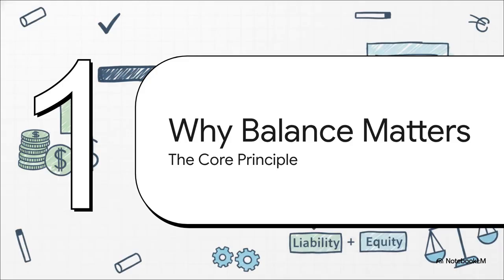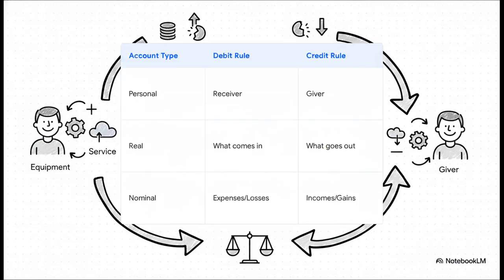Which brings us to our final section, Section 5, Why Balance Matters. Having seen the mechanics of people, physical stuff, and those invisible actions, let's zoom out a bit. Look at how elegantly all of this synthesizes together. Whether you're dealing with a person, a piece of equipment, or an invisible service, every single give in our ecosystem requires a perfectly equal take. There are literally no loose ends in this universe.